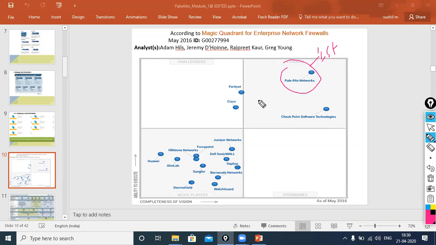See, this report I had taken in 2016. Before that, if you see 2013, 14, Checkpoint was at the top. And Cisco was there. There was no Fortinet. But since 2015 onwards, you see Palo Alto has come at the top. Even see the current one,